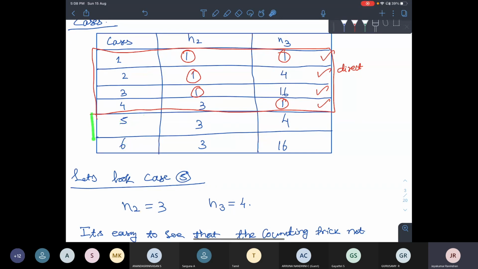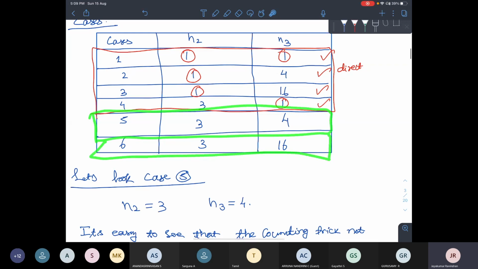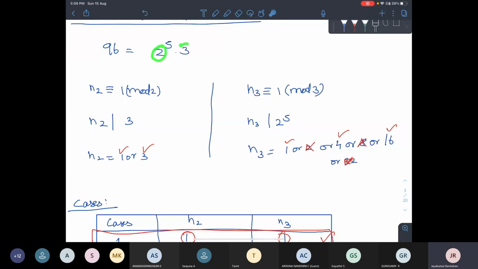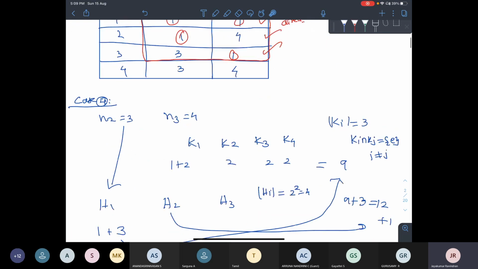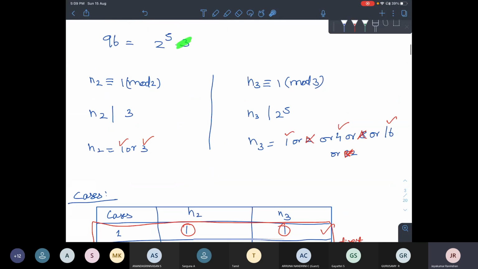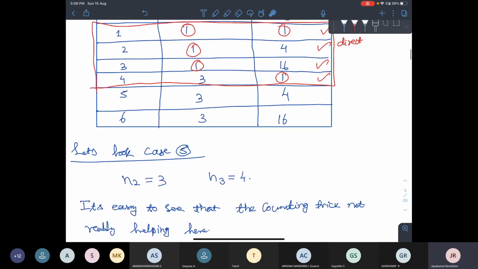And yesterday, in the discussion section, I illustrated why the counting method is not working. You try this case. Maybe you can take this case also. I don't know about the sixth case, but the fifth case you can try. The counting method will not help, because the primes are small, we are not going to get many things. And also the power is bigger, more power. We don't know this kind of condition, the intersection conditions. This kind of intersections are very important. The non-trivial intersection condition is not available for this. This is a bigger group, but it is not available. So we have to think something else.